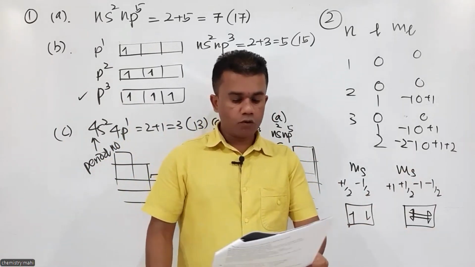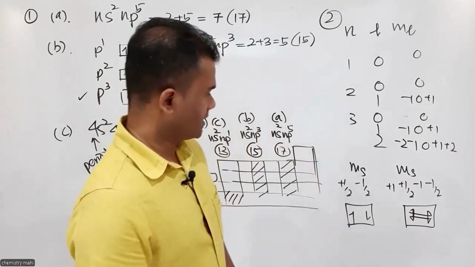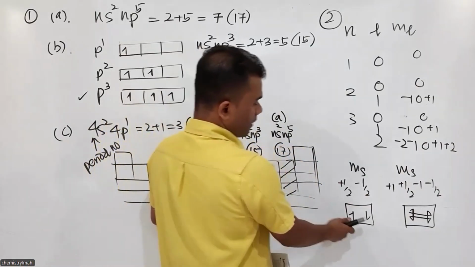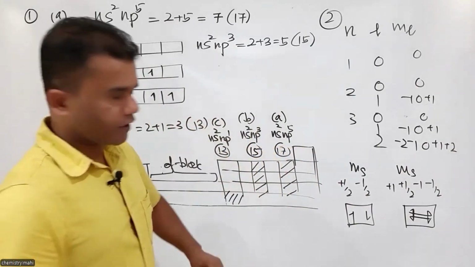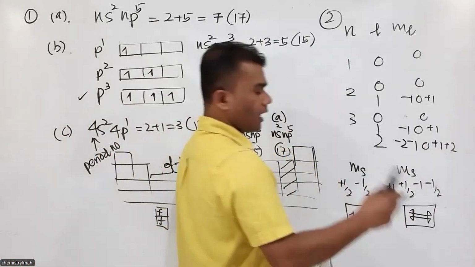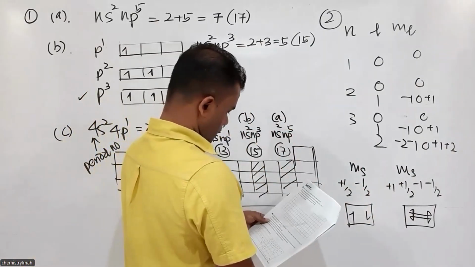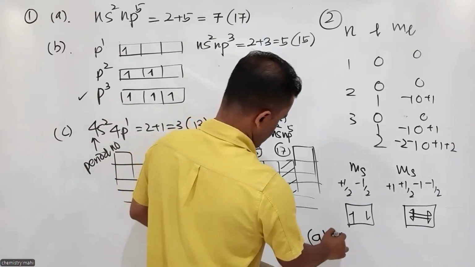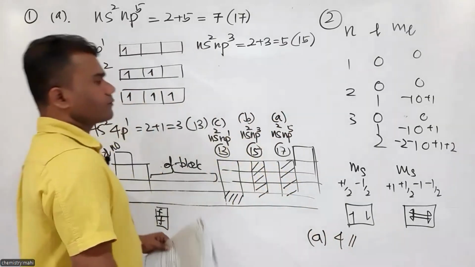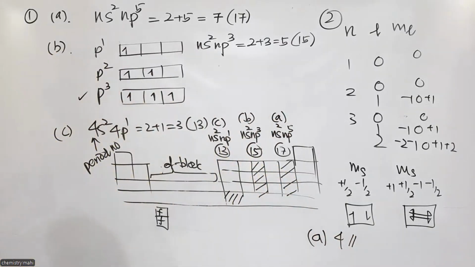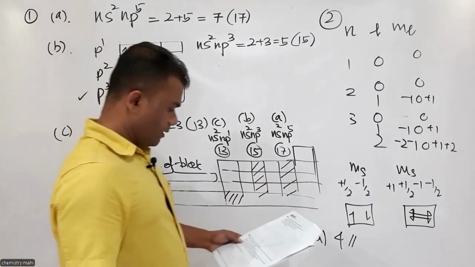Okay, then we have to answer this. How many electrons could an orbital hold? That's very clear. Earlier, one orbital, up and down, only 2 electrons. But now you get up, down, left, right. There are 4 electrons. Therefore, the answer for part A is 4 electrons. One orbital can have 4 electrons. B,